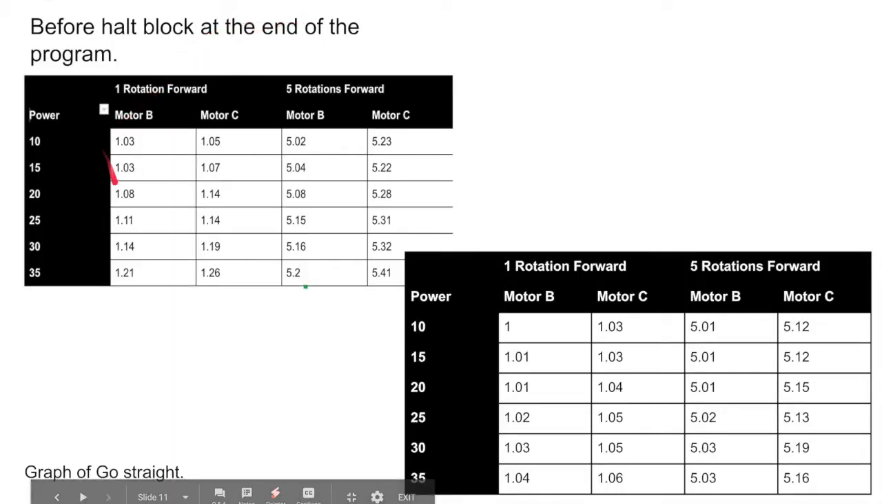At the end of the program, one rotation at power 35 went 26% extra rotations. But after we added the halt block at the end of the program, it went down to a more manageable